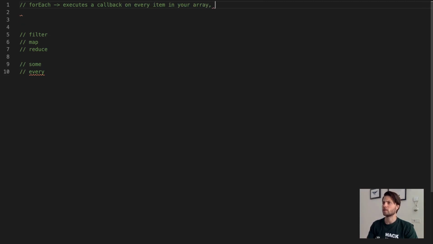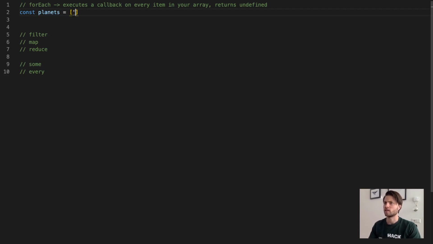And it returns undefined. So it does not return anything actually. Let me close the door here. Doesn't return anything. So let's say we have an array of planets,